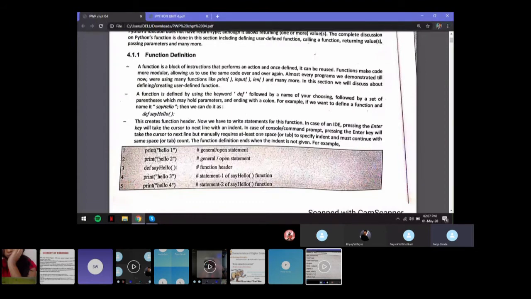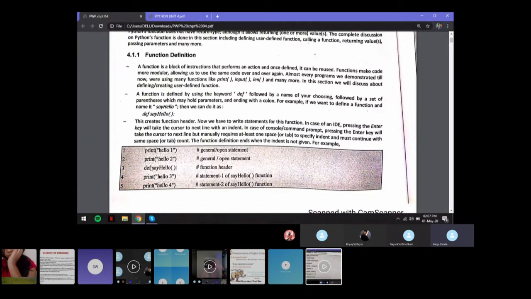That would be your print statement. Now if you want to convert that into a function, you will just write def say_hello, brackets followed by a colon, and inside that, whatever you write will be the statements inside the function. So def say_hello, print hello 3 and print hello 4. This will be inside the function.